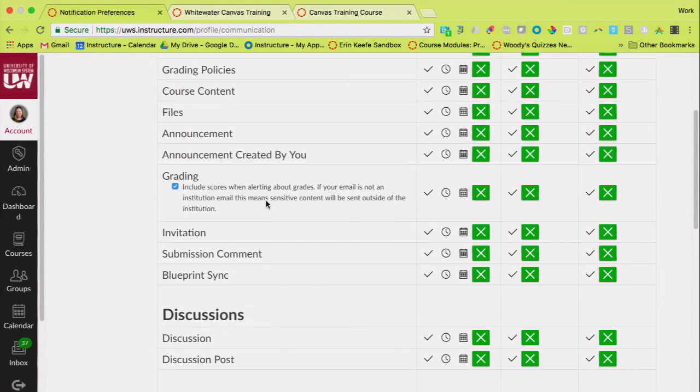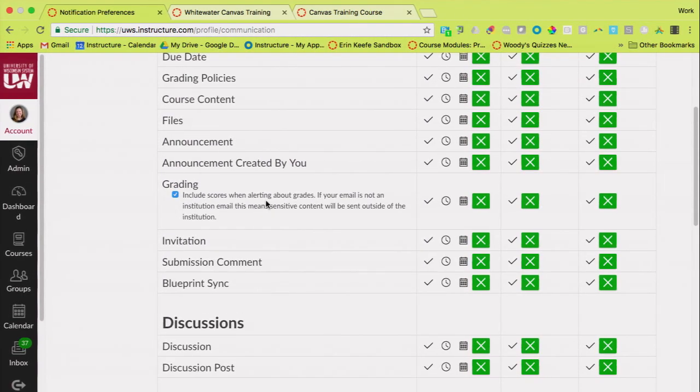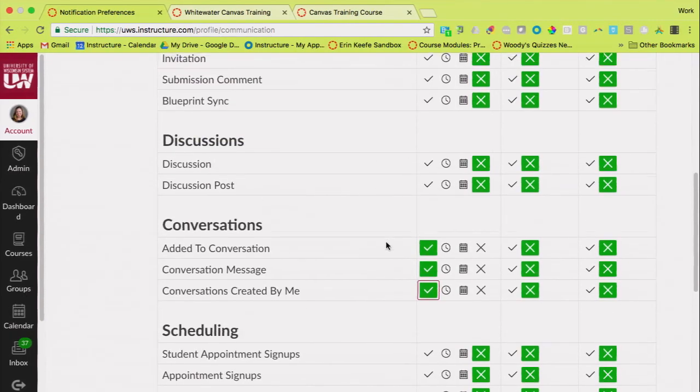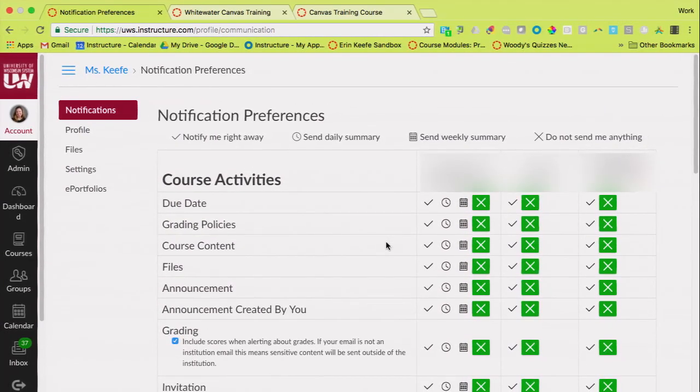So like I said, right now, you probably won't know till you start using Canvas what works well for you. This is always something you can come back and change or customize. There's not a save button on this page. It's as easy as soon as you click on it, and whatever has the green background, that's what's enabled. Any other questions about notifications?